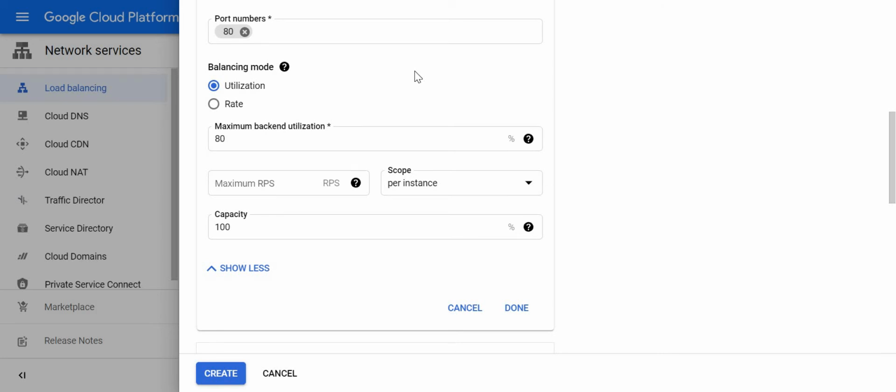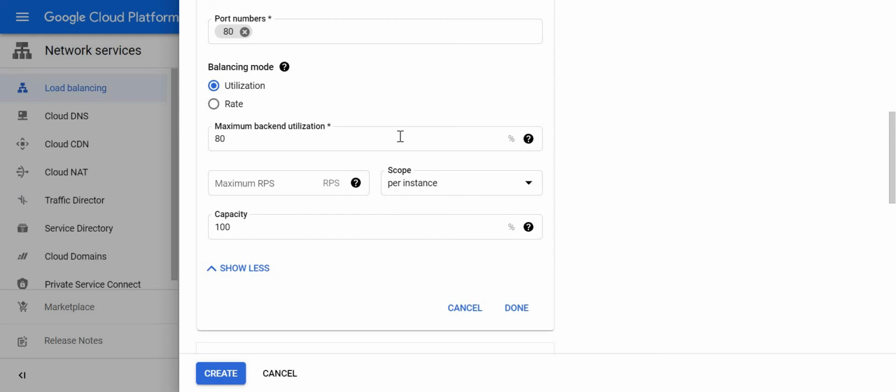Then balancing mode. This is very important. Your balancing mode can be based upon utilization or rate, so you can define that. Utilization means what? If any VM reaches, say, 80%, then your load balancer will stop sending requests to that VM. It will send to a different VM which has less than 80% load.